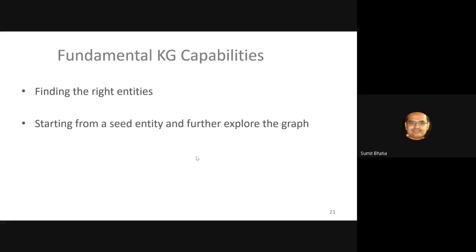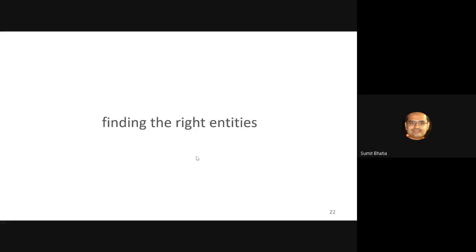And once you have found the right entities, okay, so I found what I'm looking for. Now, starting from this entity, let me see what else is there in the graph about this entity. That we called exploring the graph, allowing the users to explore the graph in a controlled fashion. It helps them know more about the entities and also how the entity they are interested in is interacting with other entities in the graph. That's also very useful, as you'll see in the application later. So let's start with the first step itself, finding the right entity. It's the most fundamental primitive operation. Unless you know which entity to look for in the graph, you'll not be able to do anything with the